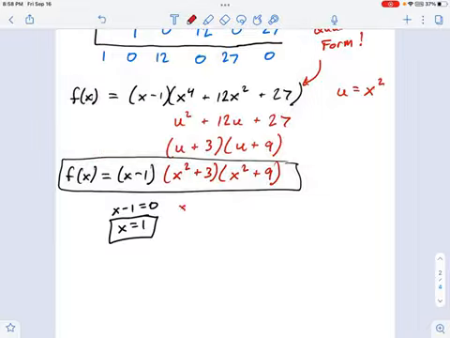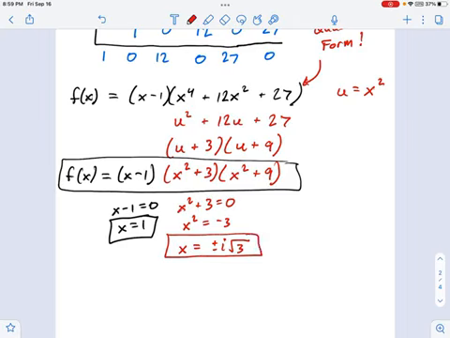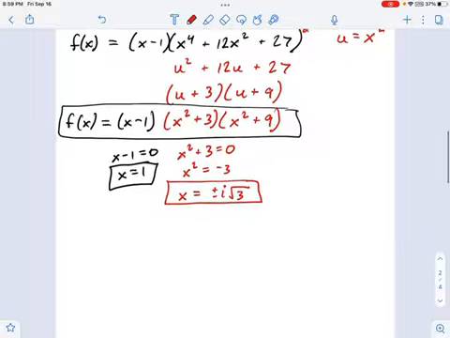This next root might give you pause for a second when you say x squared plus 3 equals 0. Well, you can solve this like an equation. You say x squared equals negative 3. Take the square root of each side. What do we get? x equals plus or minus square root of 3, but that's not all. Because that's a negative number, this is actually plus or minus i times the square root of 3. This is imaginary. It is okay to have imaginary roots. That's often something that happens when you're doing polynomials. Not every single root is going to be real.